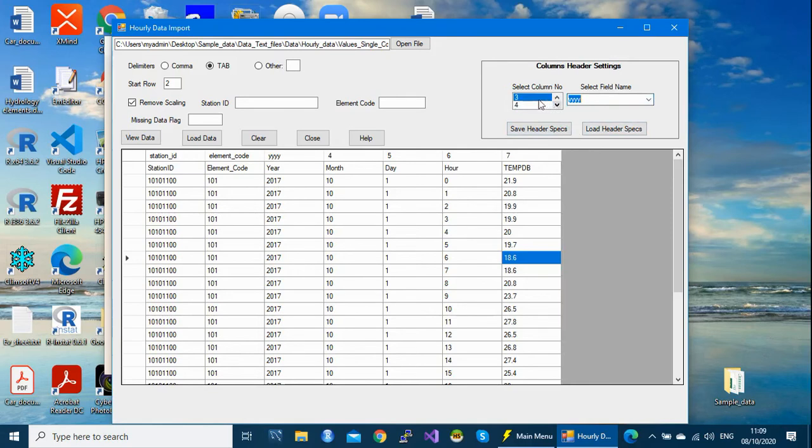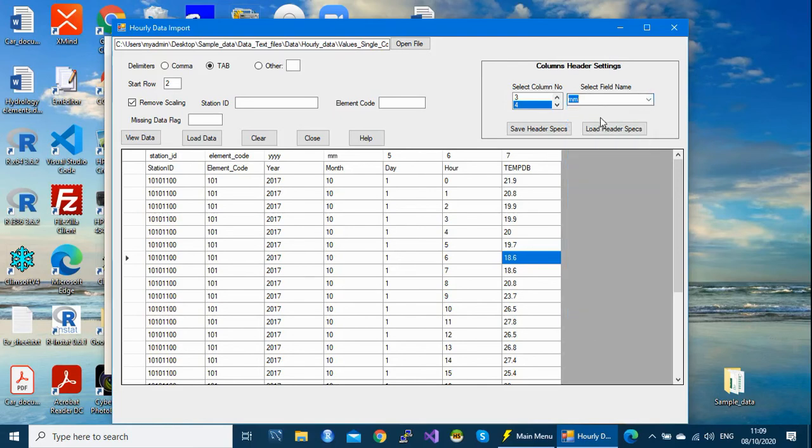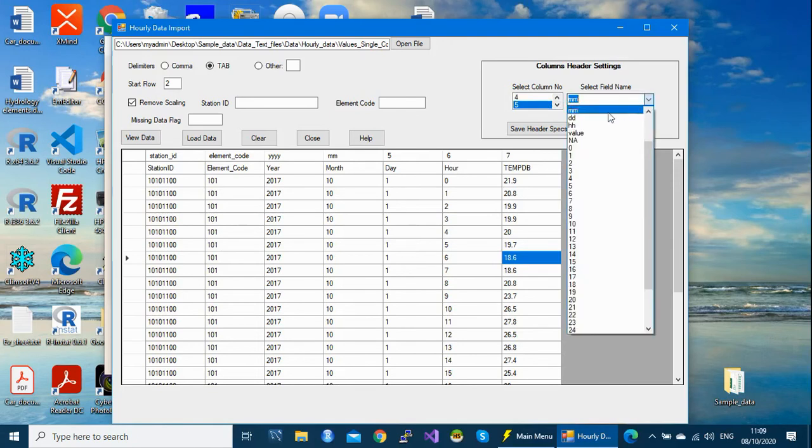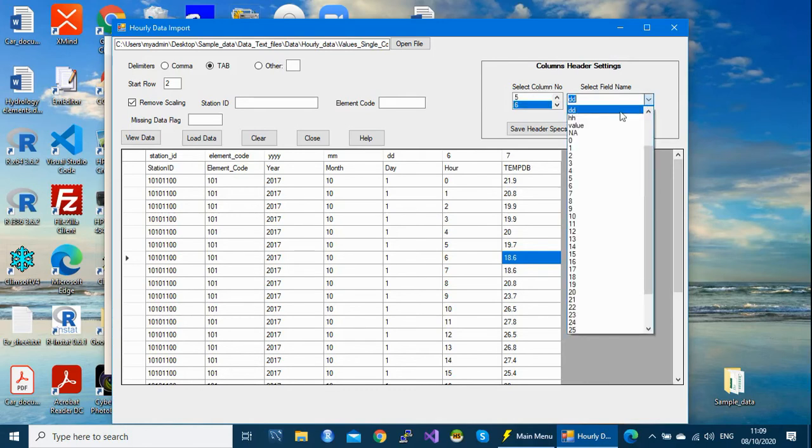Column 4 is month. Column 5, so you are defining each and every column. Column 5 is day. Column 6 is hour.